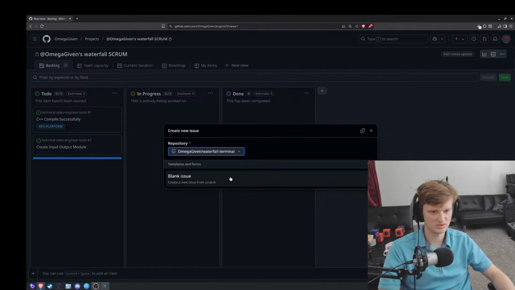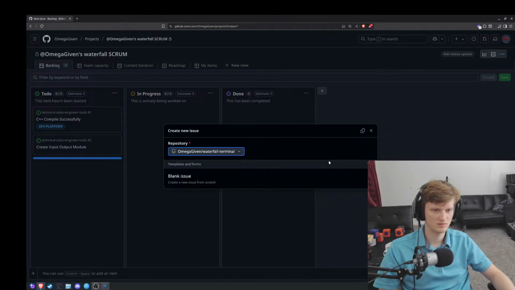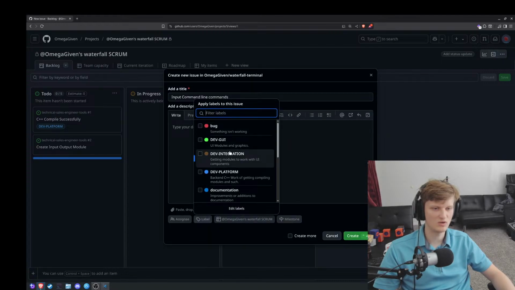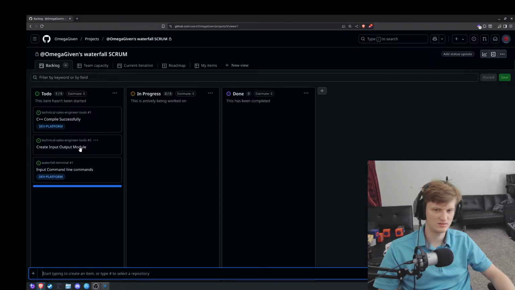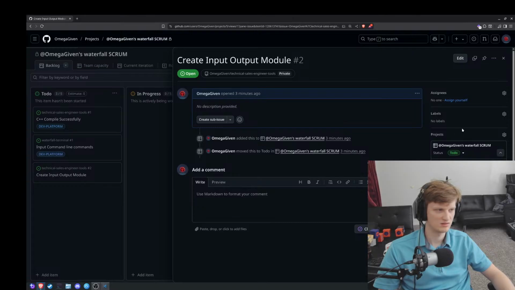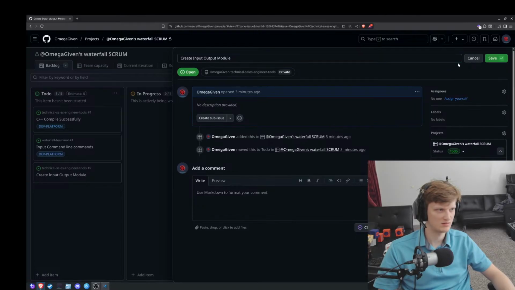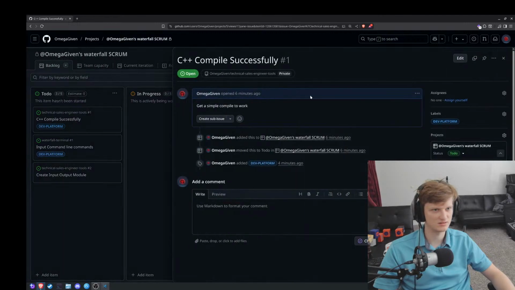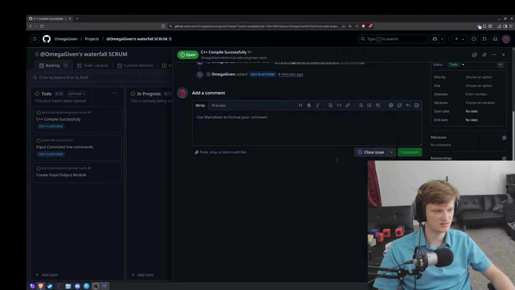So we'll do that waterfall terminal. Blank issue, label. Oh, I think it's because those were labeled to a certain thing. Yeah, I think that's what it was. Wait, so does this mean that this is edit? Wait, no. Oh, I see. You see that right there? Here, I might need to. Yeah, these are linked to the wrong repository.